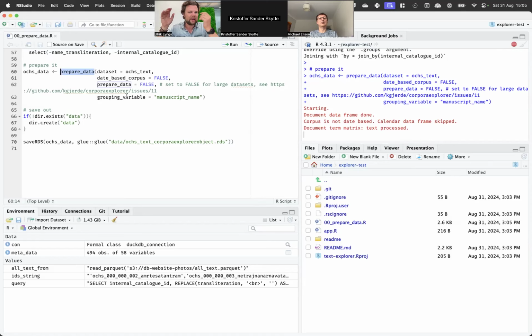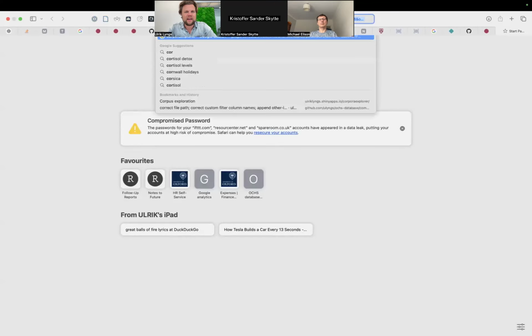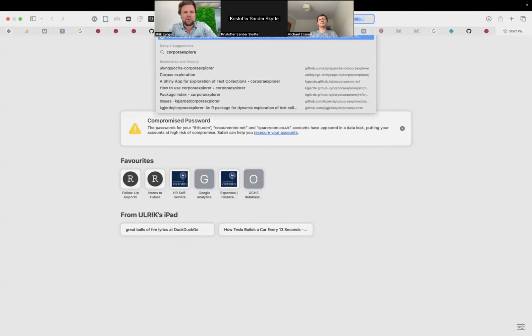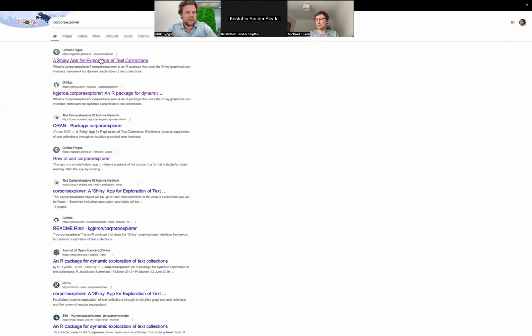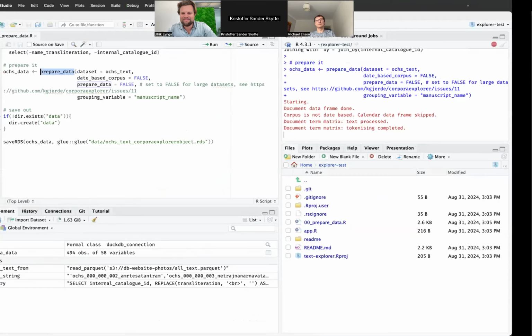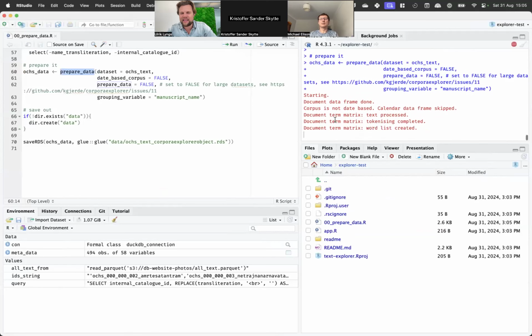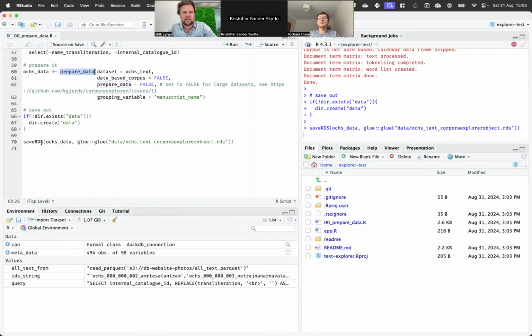package. So I just read the documentation for Corpora Explorer, which you can find here. And I did what it told me to do. So right now it's tokenizing in the way that it requires things to be tokenized. After it's prepared the data, it's going to save it out into an R data storage file that you can see that's going to be put here